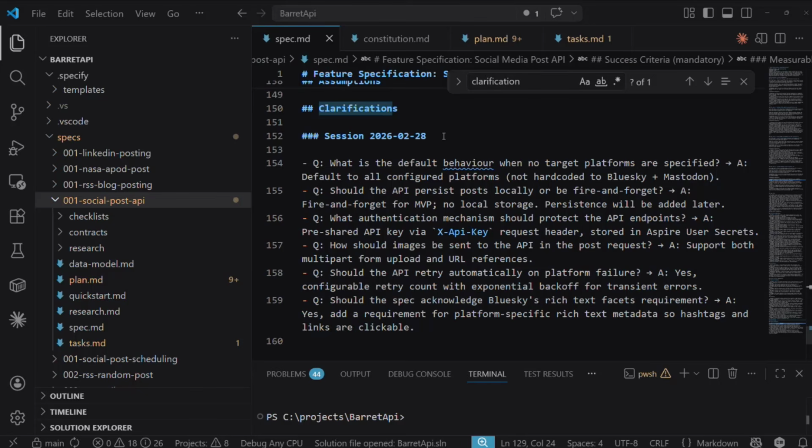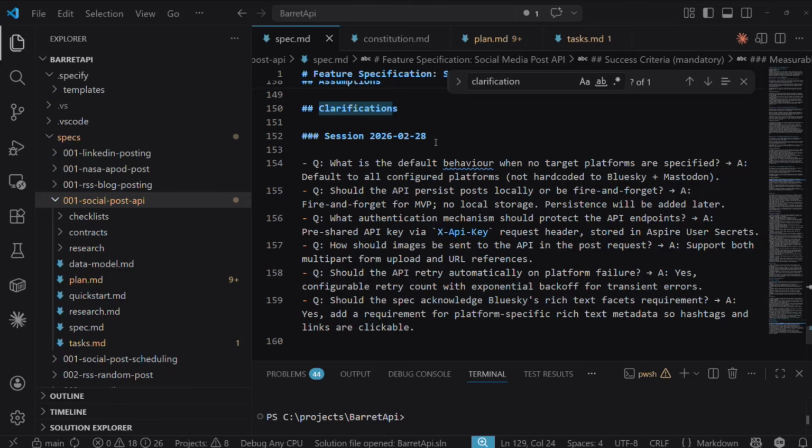And then one of the other things is, as it is working through this process, if it's not sure how to approach something, it'll ask you for clarification. So as it's generating this specification file, one of the things that it might come back to you in the chat window to say, okay, I have this question. Sometimes it'll provide you multiple choice answers, or it might be open-ended as well.